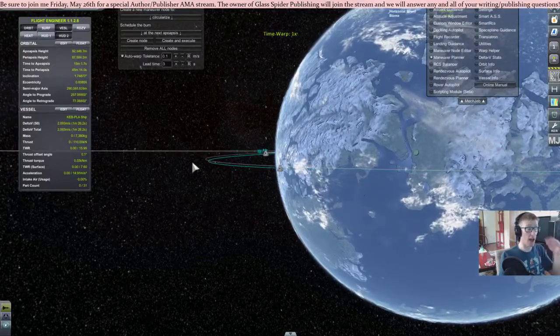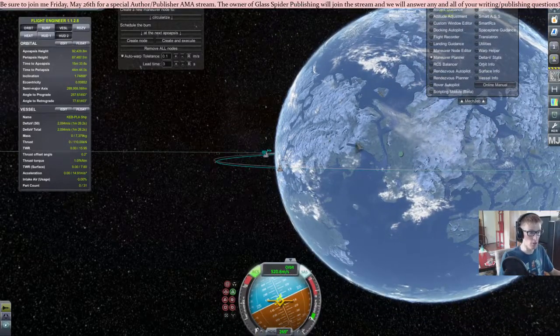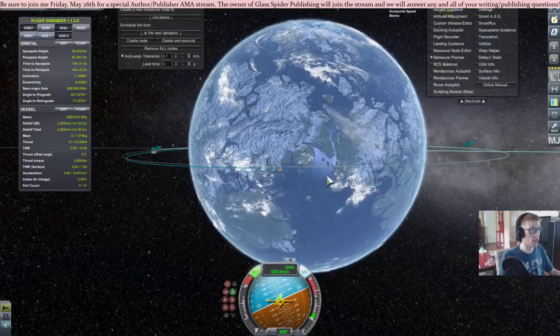What I'm going to do is I have enough delta V to just do a straight suicide burn. My rotational speed's only 520. I'm going to get straight...